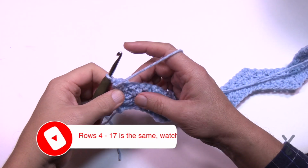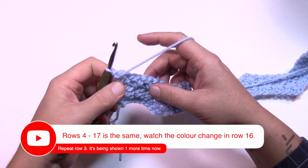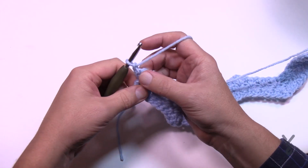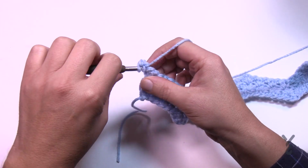So rows number 4 through 15 is repeating of row 3. So every time you have row 3, this is what it is. So you'll notice that even when there's a color change, it's still this instruction when it says repeat row 3. So you're gonna just chain up 1, and in the first one you're going to put in a single and a double,